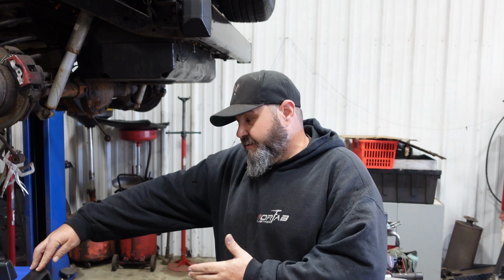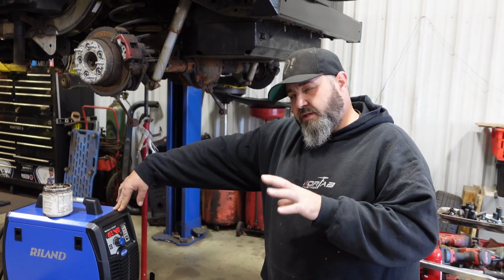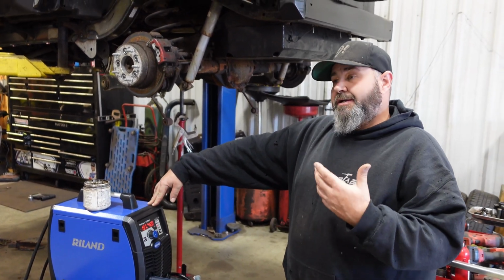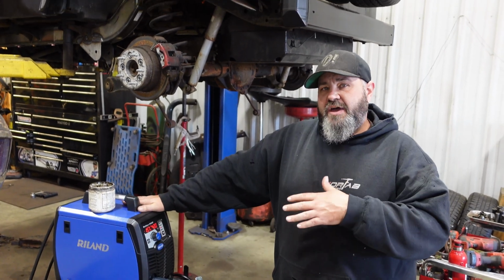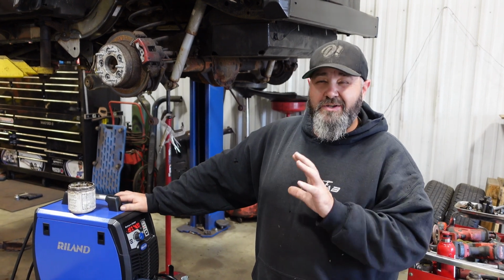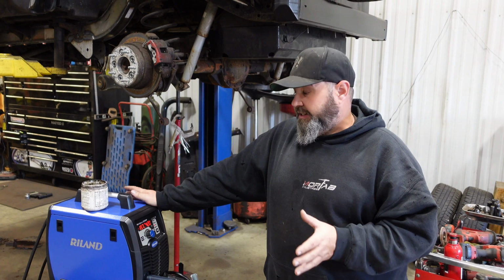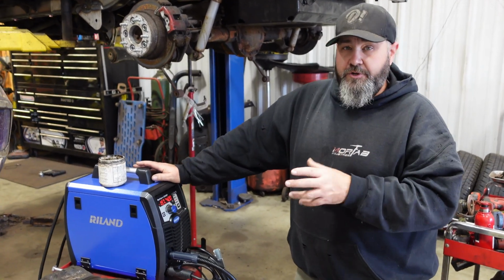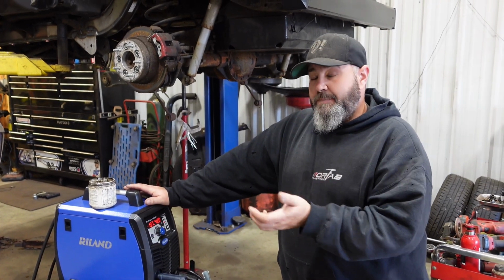So final thoughts on this Riland machine. It works really well. The welds lay super flat. It took a little bit to set it up to get it right, but once you get it set up and everything is good to go, then you're good to go. And as always, with some of these overseas manufacturers, it's a little difficult to read through the instruction manual because the instruction manuals aren't in the greatest of English, but you can get through it, especially if you're familiar with welding. Now this 200 SP is actually a pro machine, as they call it, where you can adjust various things in it. I went through everything and adjusted it,